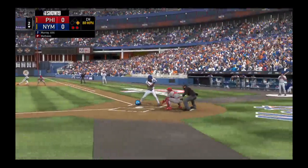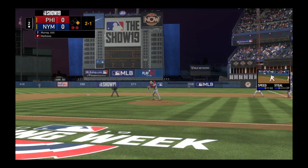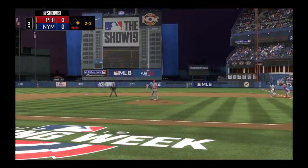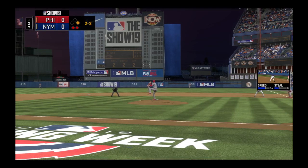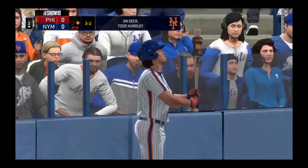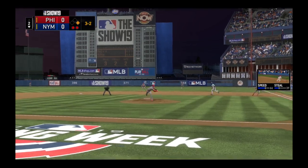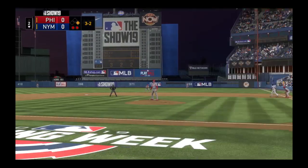Into the box, Eddie Murray, and he lays off a pitch down and away, ball 2. Little guessing game going on right now. Being late on that fastball after the change. He had to be sitting off speed right there. The 2-2 is a fastball down below the knees. Todd Hundley would be next. Now the 3-2 pitch. Line down the left field line, but this is foul near the seat. 2 out with a man at